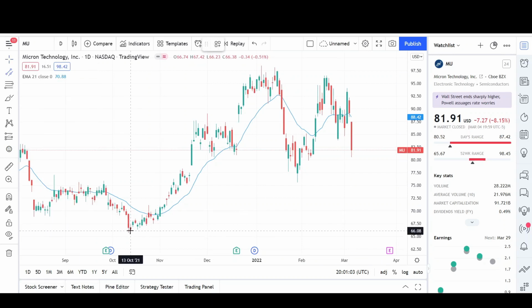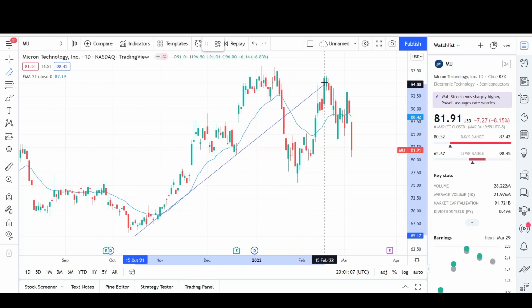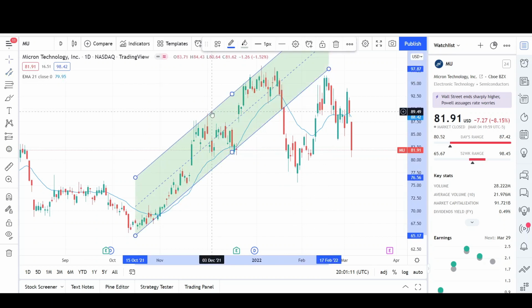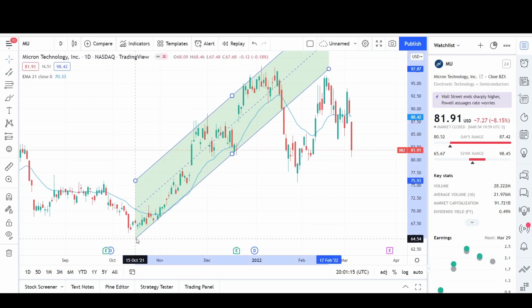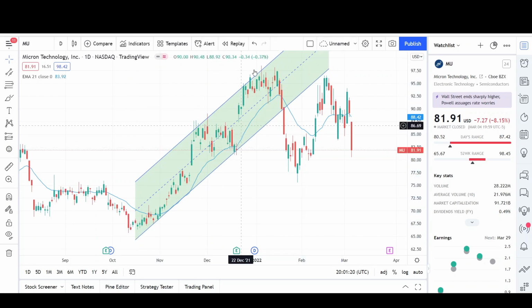So it looks like previously there was an uptrend, and now it looks like we're kind of going sideways. And I'll show you guys that with my channel tool. You can see that this trend was holding prices very nicely. If I draw it from the lows, we get a third touch here, which confirms the channel, and now we were finding resistance from the top side of the channel, and then we